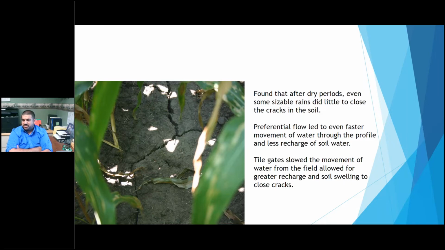The structure is such, the preferential flow is such, that we're taking a sizable amount of rain. It's going down these cracks. It's going through earthwork channels. It's making it to the tile too quick, and it's leaving the field. And we're getting a minimal amount of recharge on it, or essentially not as much as we think we could. And to close some of these cracks, it's taken 2 or 3 rain events close together to really get it